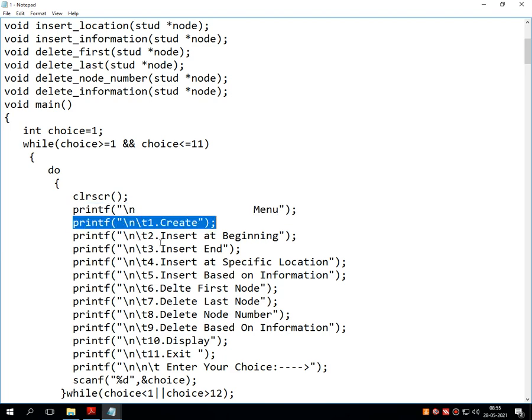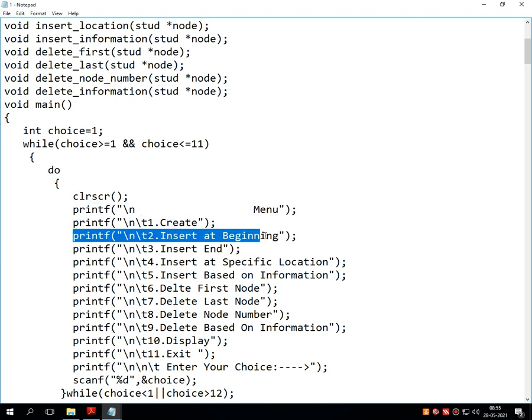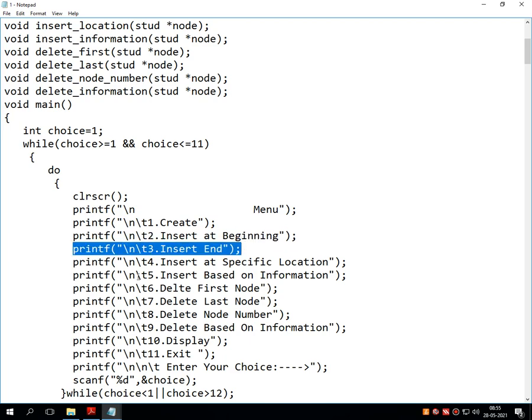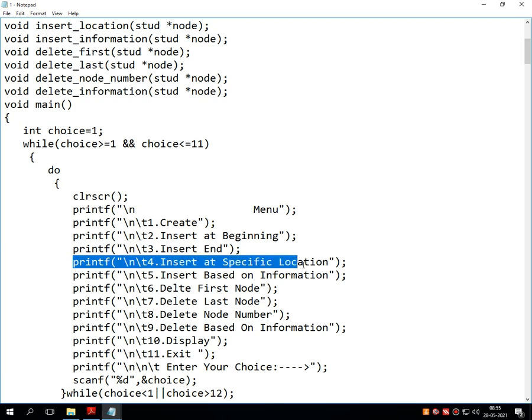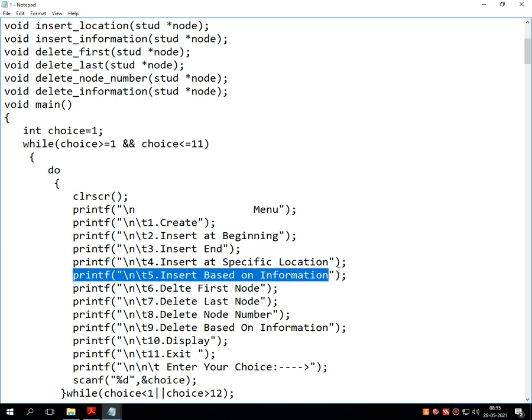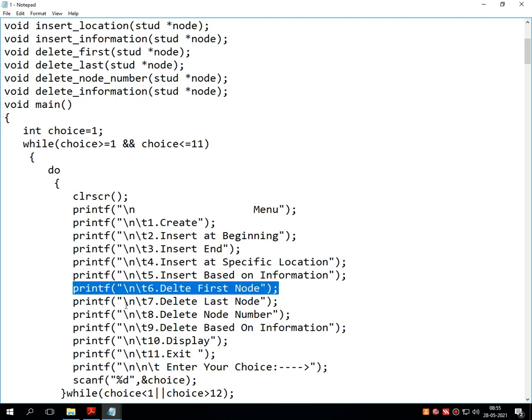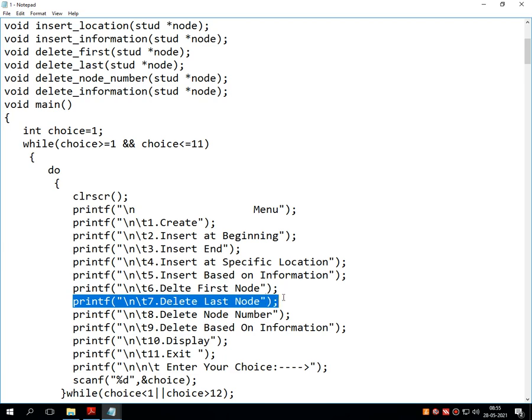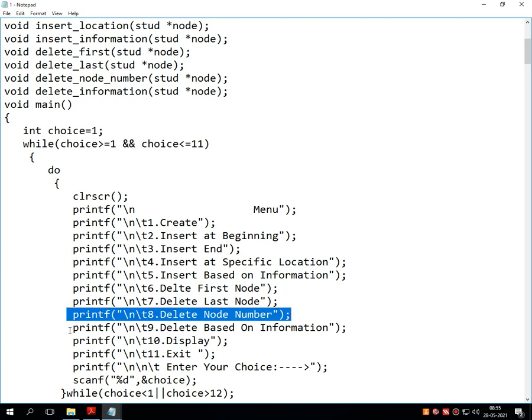First option is create, second option is insert at beginning, third option is insert at end, fourth option is insert at specific location, fifth option is insert based on information, delete first node, delete last node, delete node number, delete based on information,